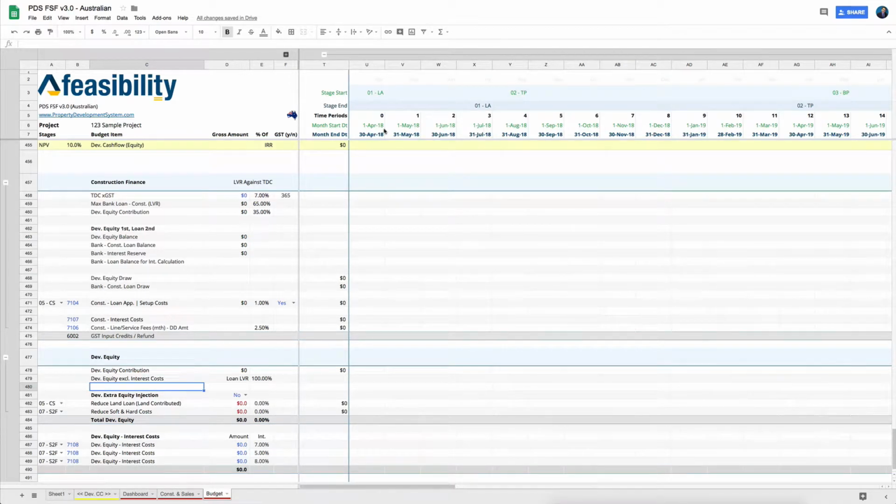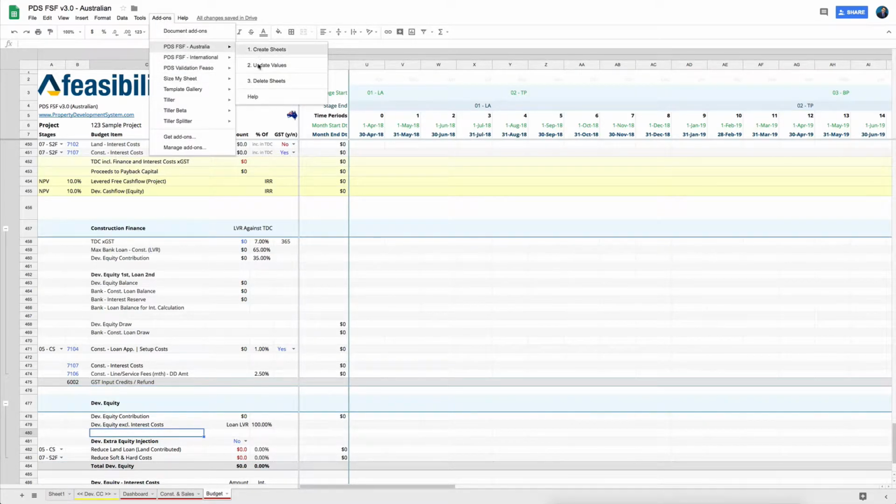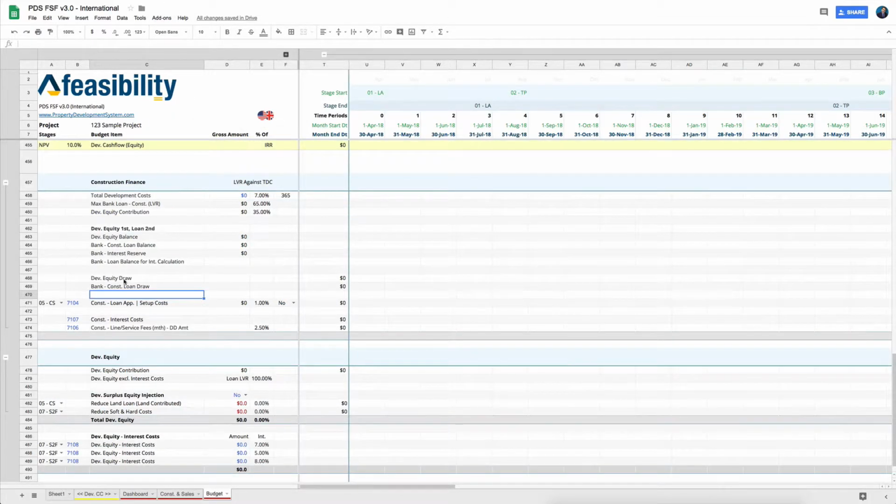Construction finance. Again, with construction finance, you don't really need to do anything because all these values and everything else will get populated automatically when you update your feasibility, and you go into your add-ons and select update values. And we'll do that in a second. However, I just wanted to run you over that there is actually nothing for you to select or do over